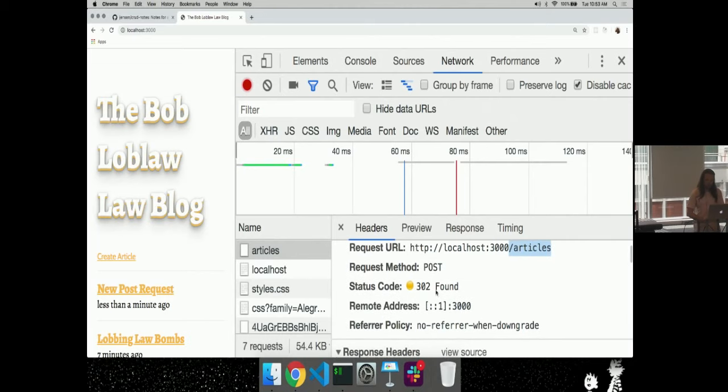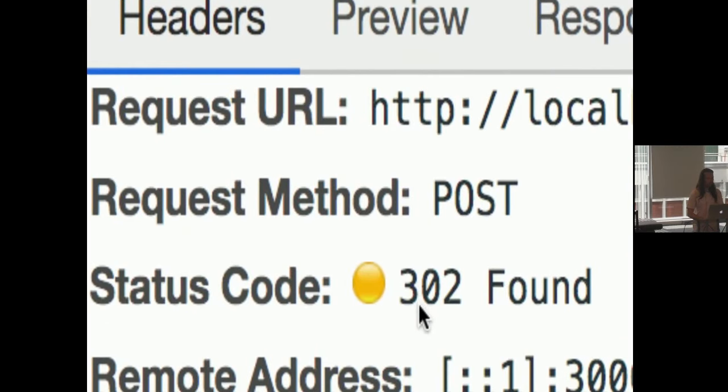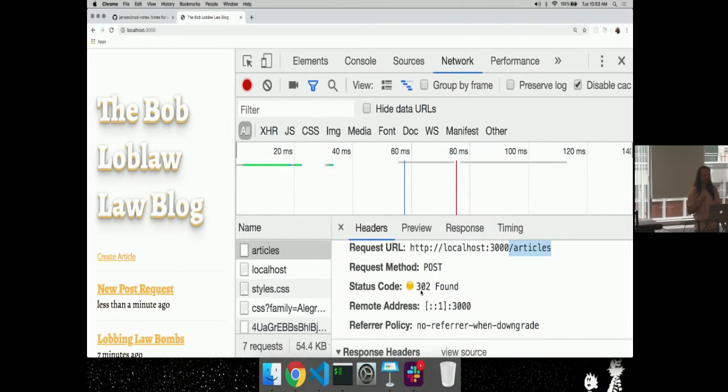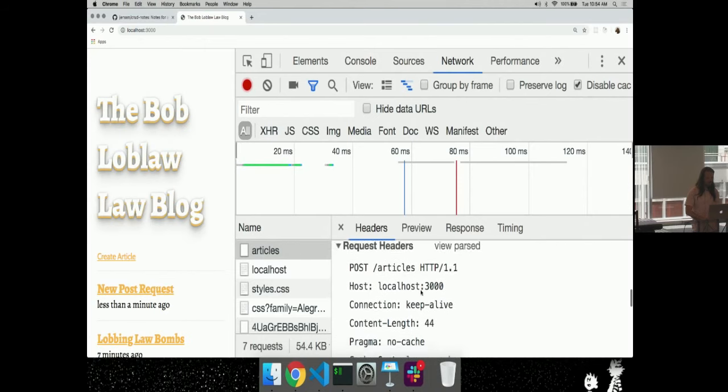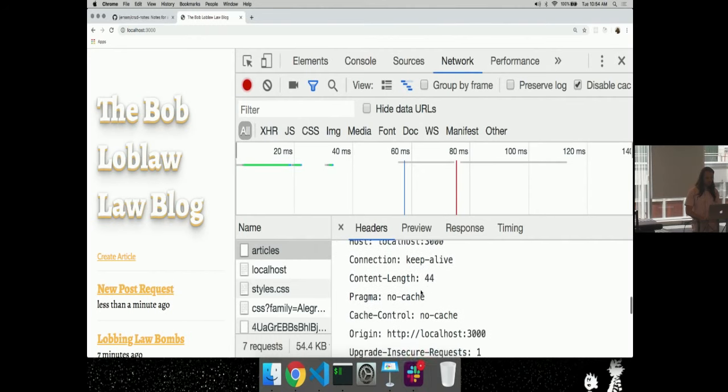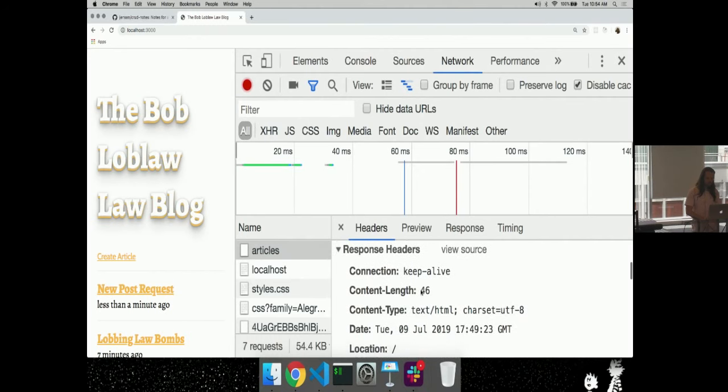And so here, this is one important part of the redirect. So 302, and this tells the browser. The browser knows when it gets a 302 that on the user's behalf, it's going to make another request. But it needs to know where, right? It doesn't know where to make that request, so we have to tell it. We look down here in the headers, the response headers.